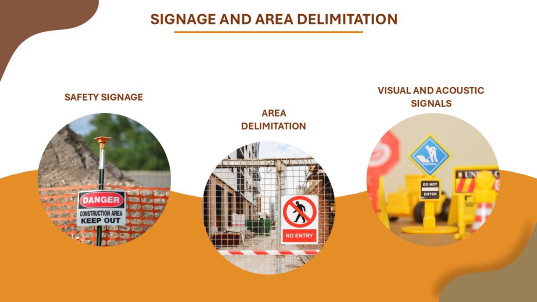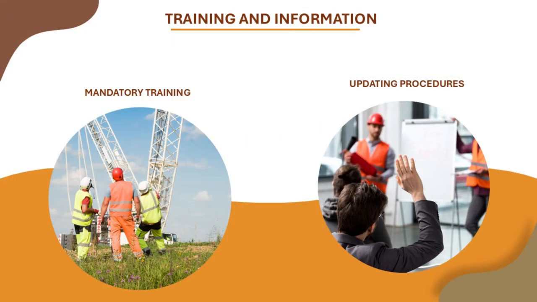Visual and acoustic signals. Use signal lights and acoustic devices in the event of operations in conditions of poor visibility. Training and information. Mandatory training. All operators must be trained in the use of the crane, including specific risks, operational and emergency procedures,